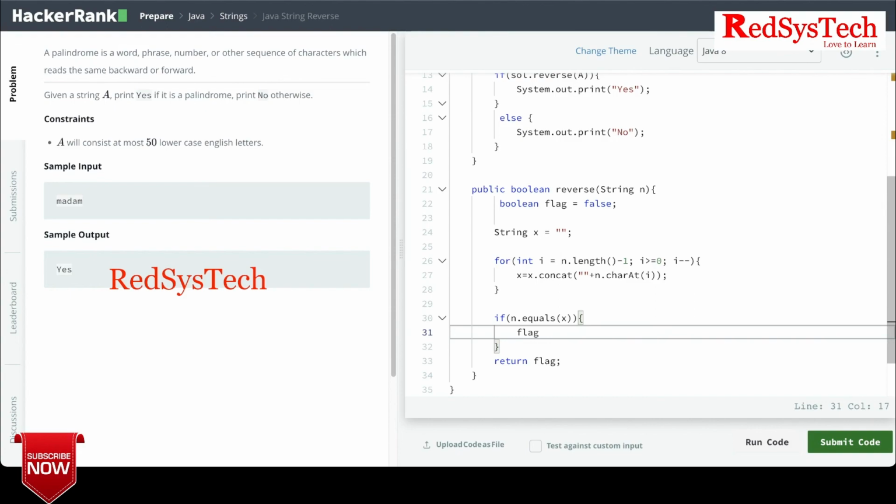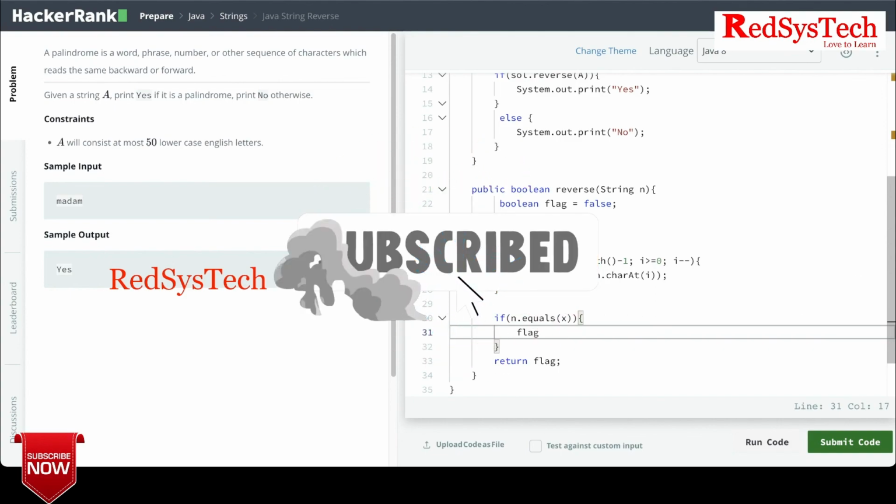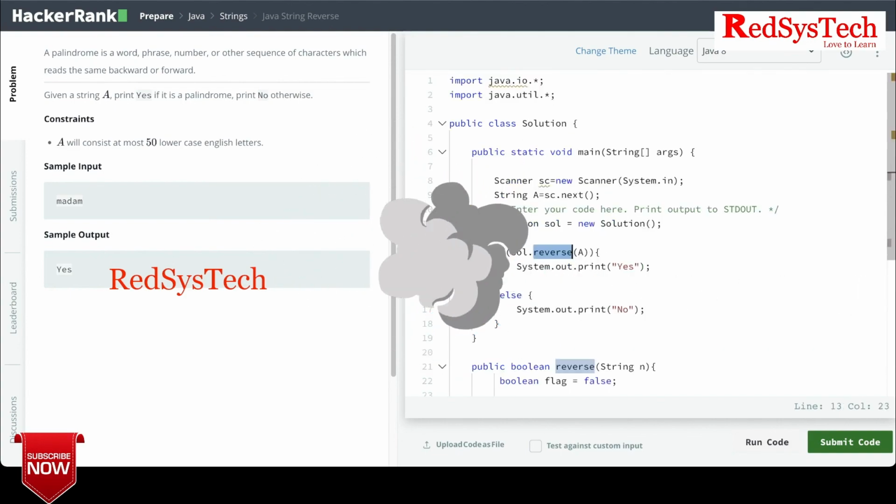When we return the flag, if this solution dot reverse of a, which is this boolean value, is true, then it is going to print yes. Let's go and run this program and see whether it